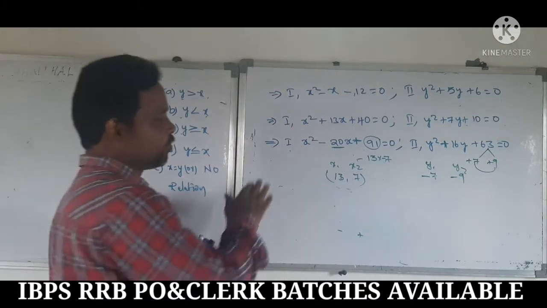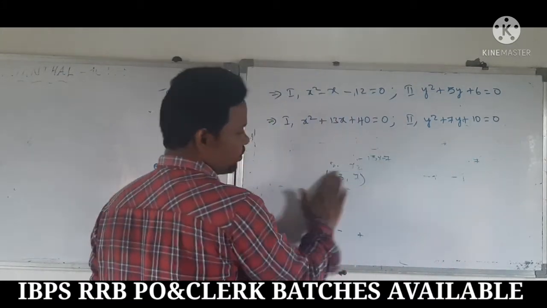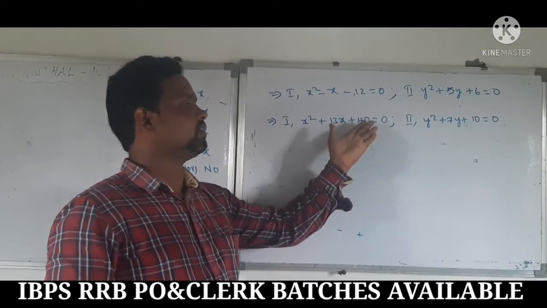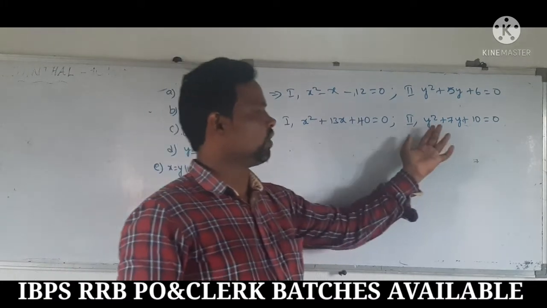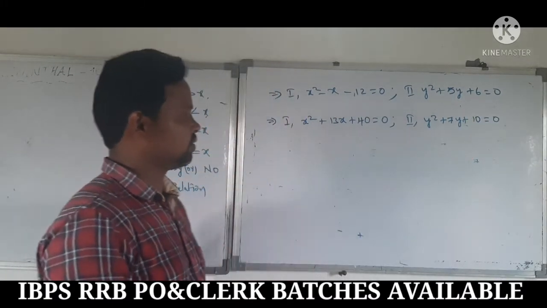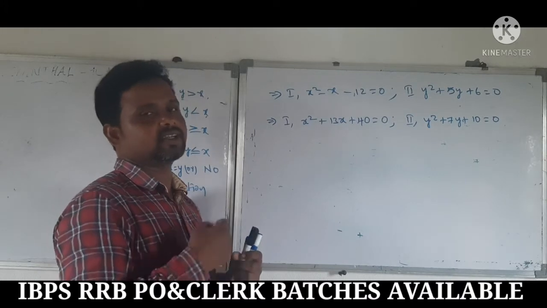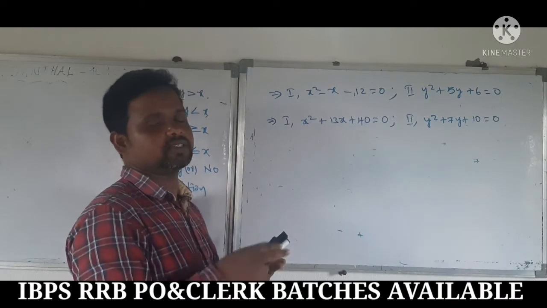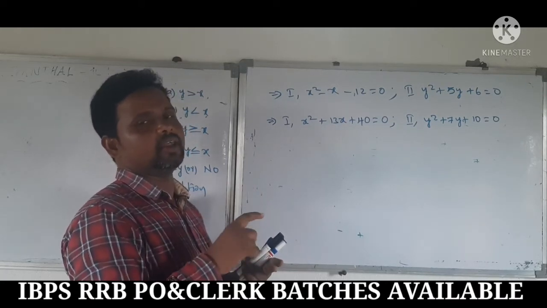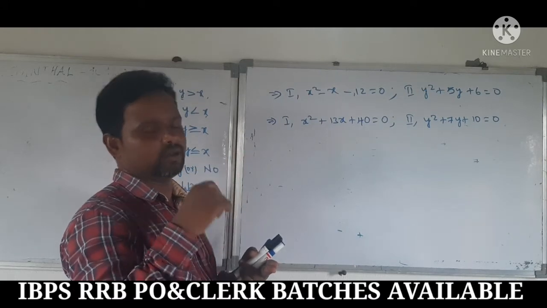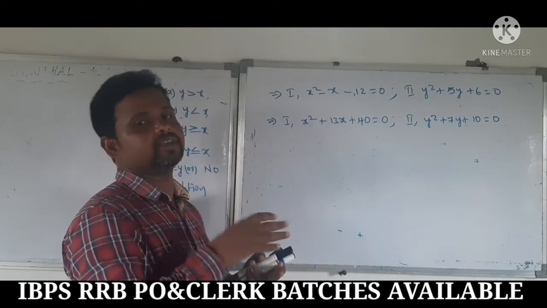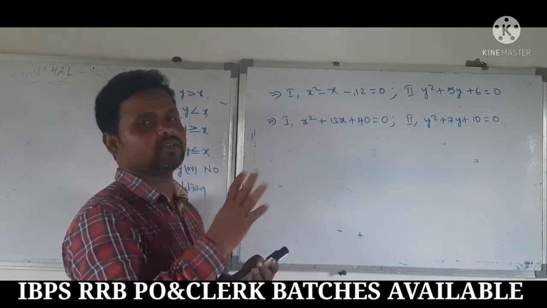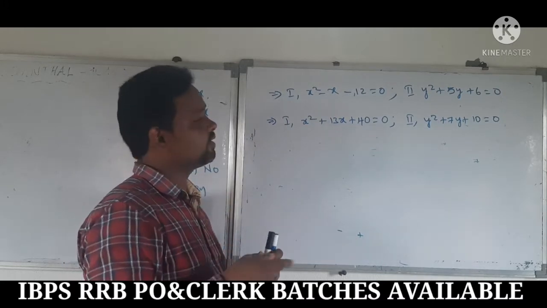Okay guys. Alright, I am going to discuss one more problem. Just observe here: x square plus 13x plus 40 is equal to 0, then y square plus 7y plus 10 is equal to 0. Once observe, the previous trick is applicable for two cases only. In case of the given two equations, C value is positive and any one of B value, if it is negative, then that is greater. Where minus is in the B sign, then that is greater. That's all. It is not applicable for each and every case.